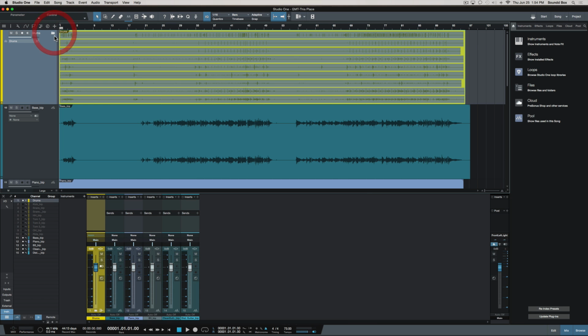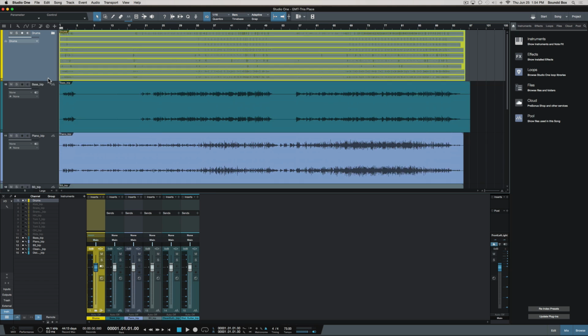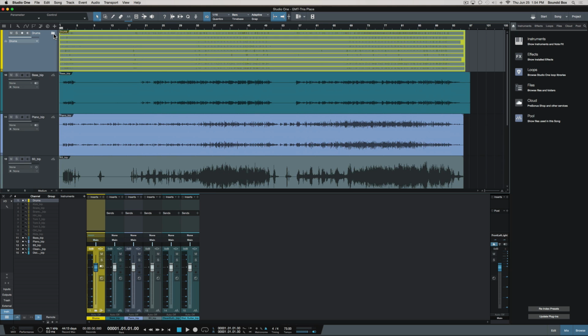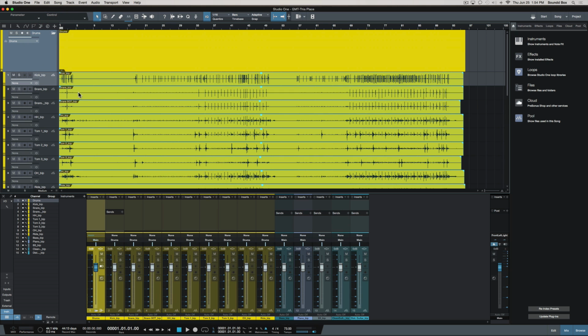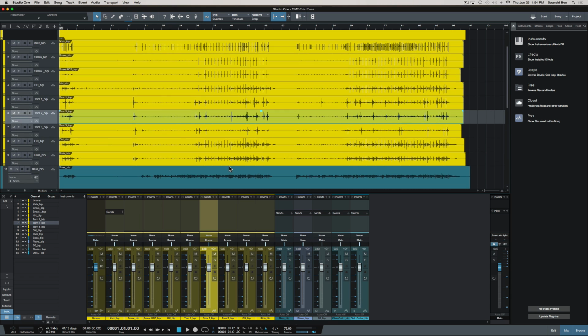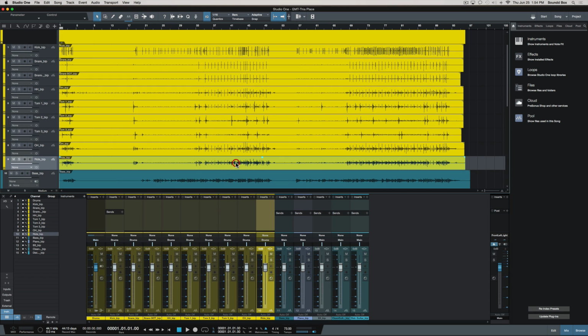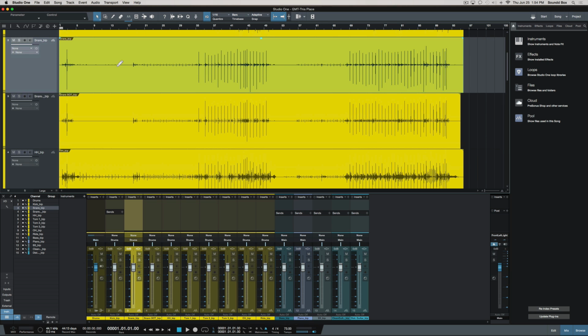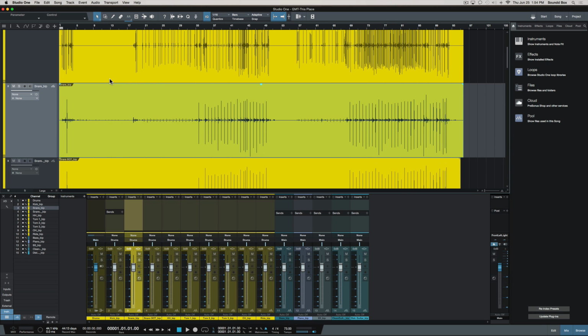So the next thing I want to show you guys is, since we're talking about folders, say in case you want to edit something, you need to edit everything at once, which is something I constantly do all the time. Especially with drums, when you're editing drums, everything needs to be the same. Say if I hear something right here in the snare, and I want to take that out,